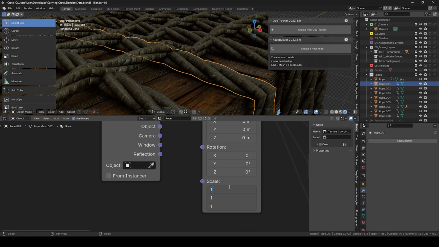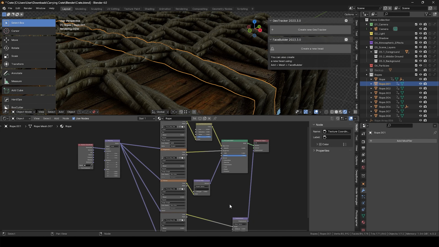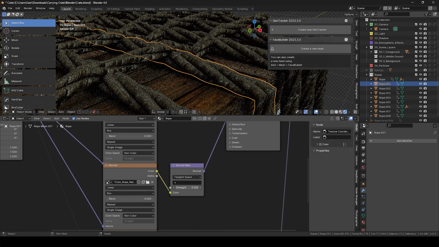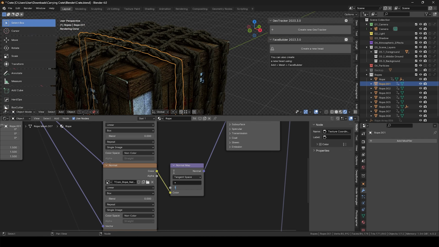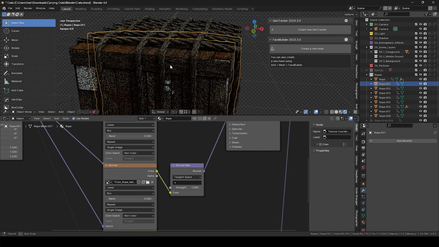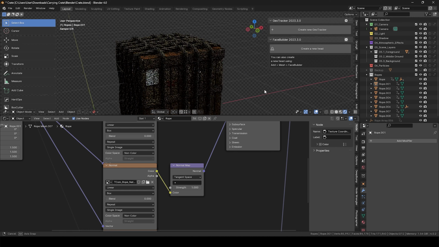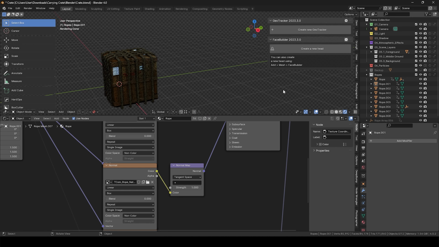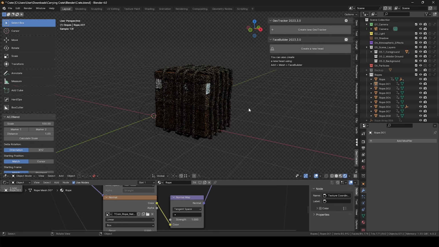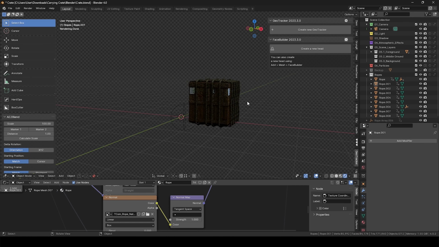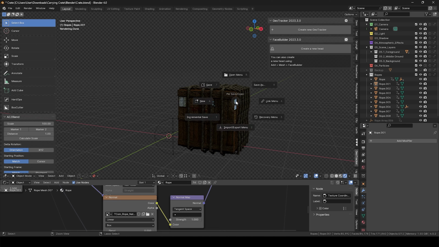Something like 1.5, and then let's push a little bit. Normal map. It's like a 2. No, actually 1's fine. And there we have it. Our crate is ready, and now we just need to start creating everything that we need for the rigid body simulation. So I'm going to save,